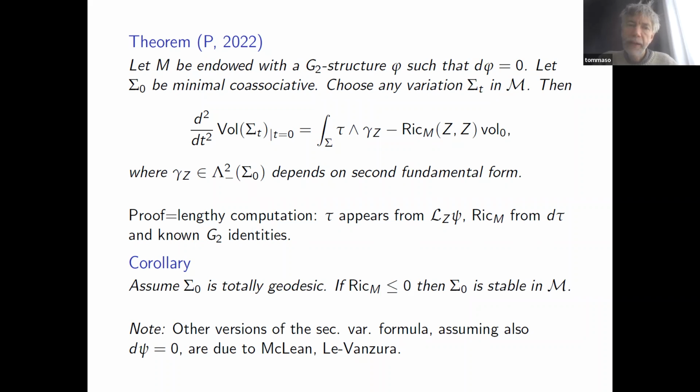And so once again, you can control stability using the Ricci tensor instead of using the full Riemannian curvature. Problems of this type, I'm happy to mention, were again studied by Van under different assumptions of the G2 structure. I think it was in the calibrated case for co-associative manifolds. So let me make a little comment here.